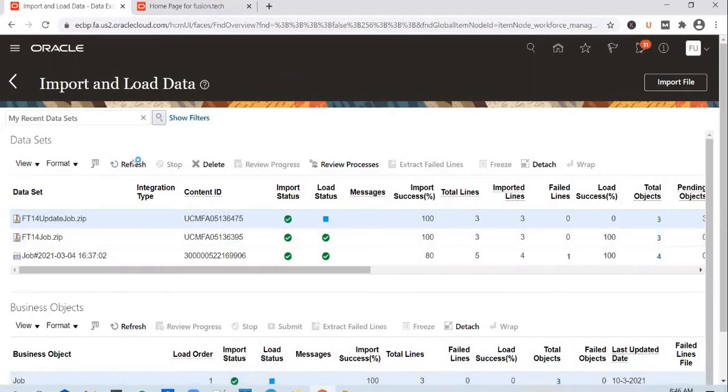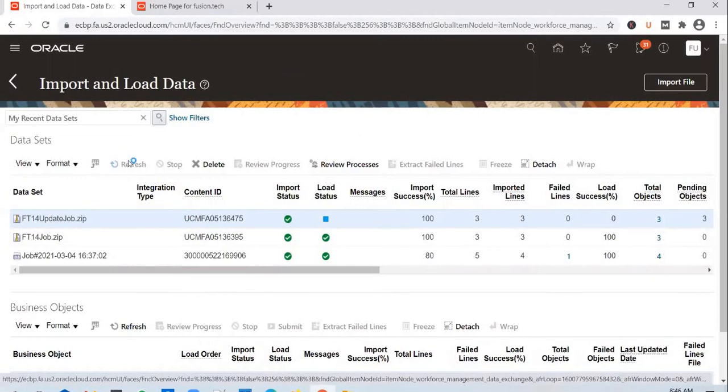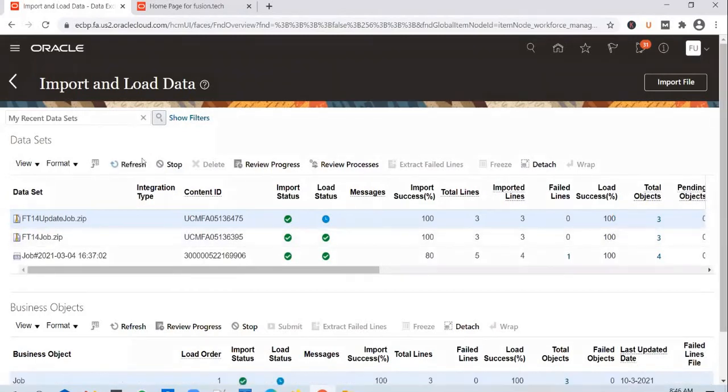So import went through successfully. And load also went through successfully now.